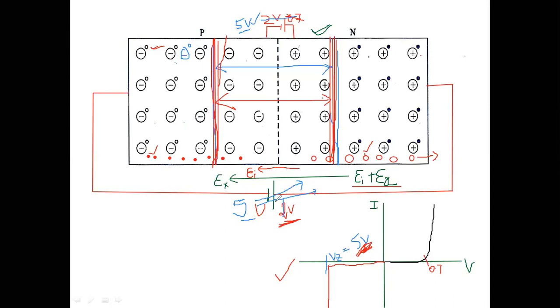Due to the applied reverse bias voltage. This voltage is applied here at the junction, so that there is a drift here. So drifting of charge carriers will take place such that current increases due to rupture of covalent bonds, and bonds will break, and eventually the charge carriers become free to move and current increases rapidly. Okay.